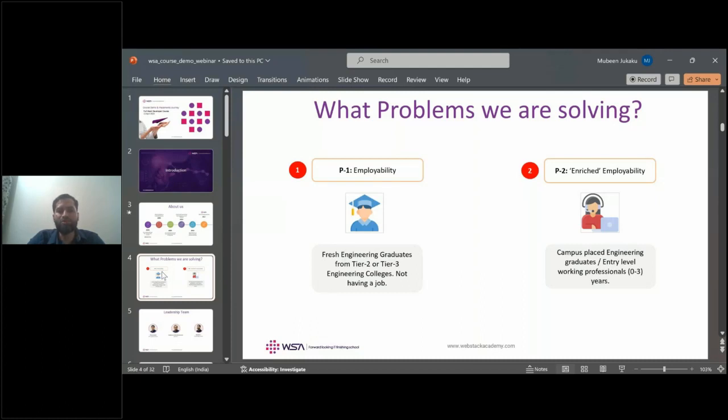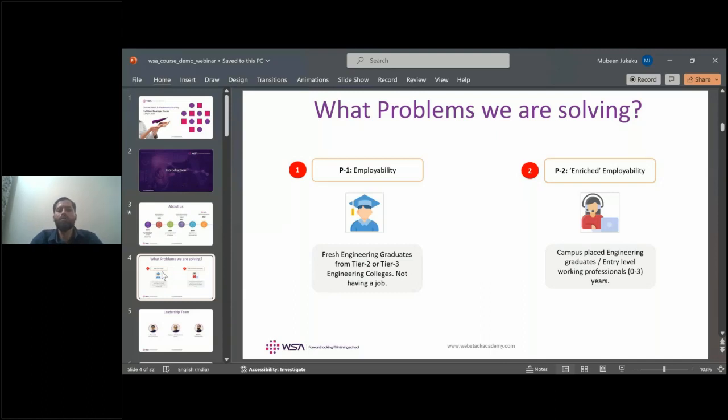One challenge which fresh graduates face is that they are unable to find a suitable job in the technology area of their interest. Our goal is to increase employability by giving different training programs to these fresh graduates in various technology areas. And Webstack Academy is focused on delivering a full stack web development program to fresh engineers